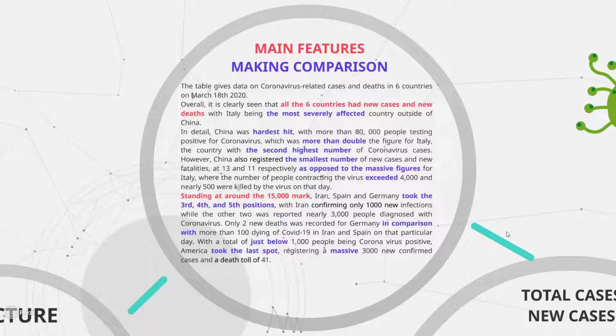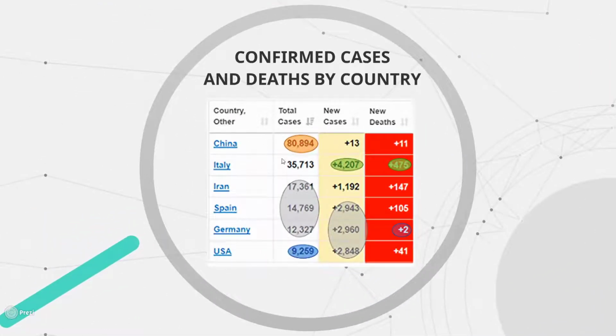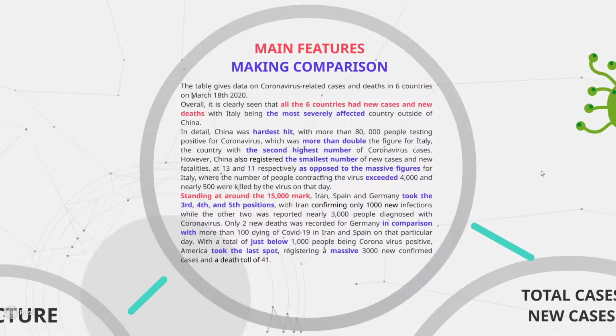I have highlighted some main features for you to see. The first one is all the 6 countries had new cases and new deaths. The second one, standing at around the 15,000 mark. How can I generalize this? Now for this table, you can see Iran, Spain, and Germany have similar numbers of total cases, 17,000, 14,000, and 12,000. So I put it 15,000 mark or 15,000 point to generalize